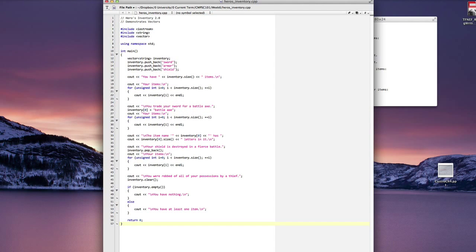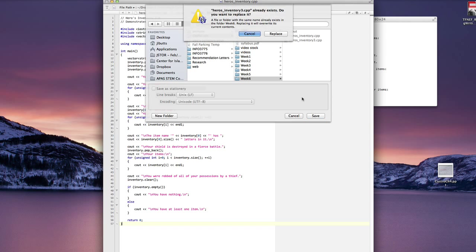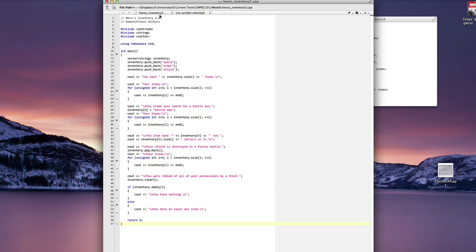Okay, we're starting with Heroes Inventory 2.0. We're just going to build from here. So we will save this as Heroes Inventory 3. And we'll just modify this file so we don't have to rewrite all of our previous programming. We say that this demonstrates iterators. Now we still include IOStream, string, and vector. And we're still using the std namespace. In our main function,